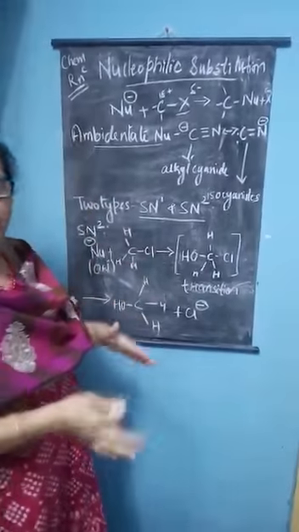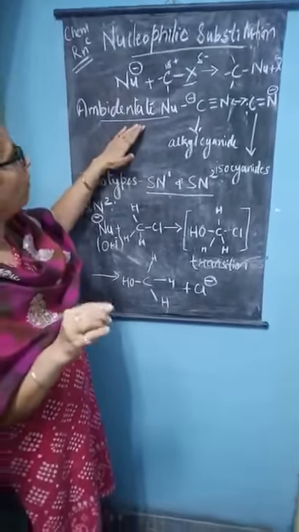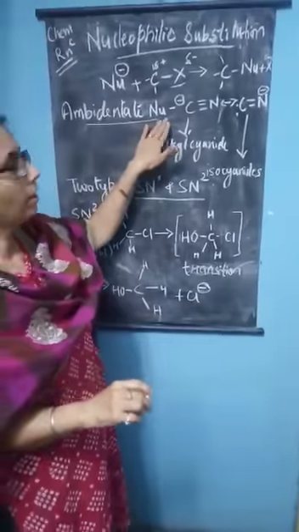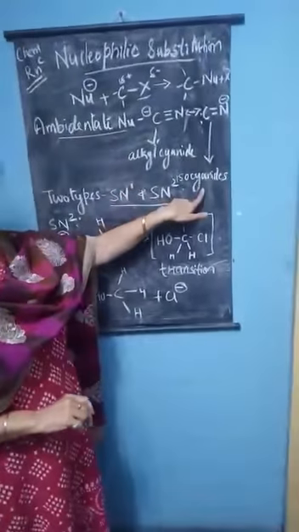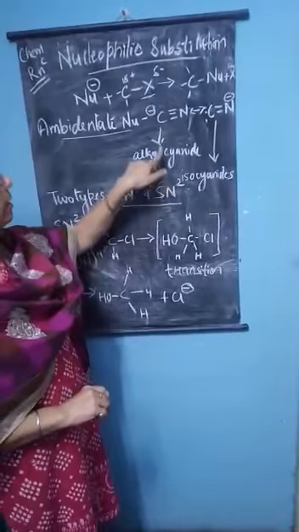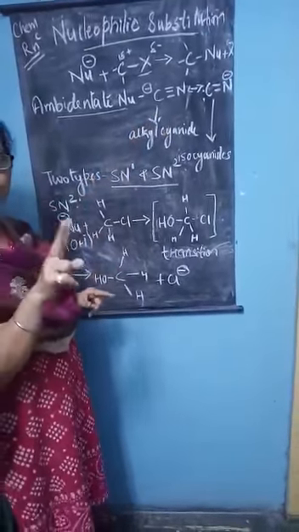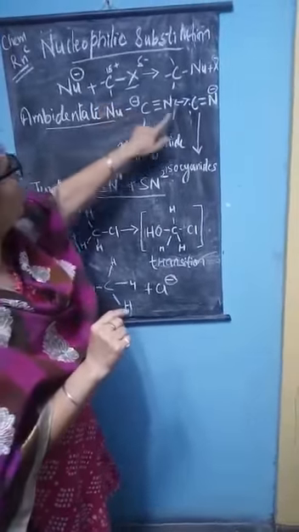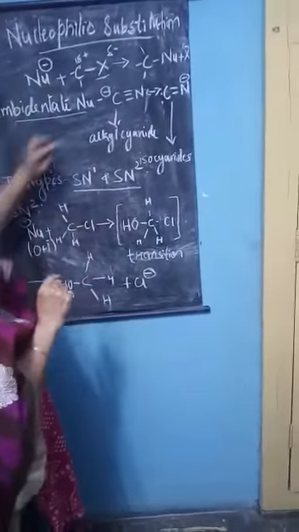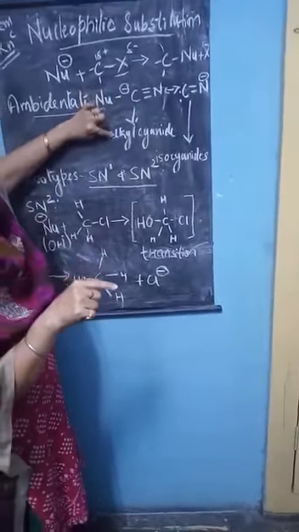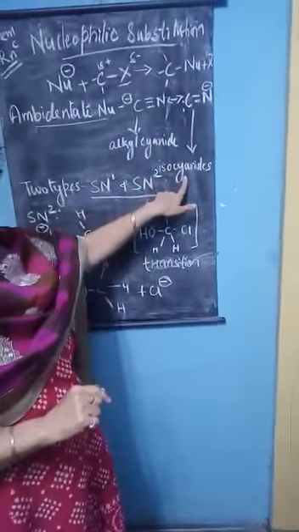You will find many types of nucleophile given in your NCERT book. But one more nucleophile that you will find here is the ambidentate nucleophile. Ambidentate means there are 2 examples: one is alkyl cyanide and another is isocyanide. In cyanide, there are 2 ends by which the attachment can take place. One compound, but the attachment place is 2: one is carbon and another is nitrogen. Similarly, in isocyanide you will find the same. When the attachment is from the carbon, you call it alkyl cyanide, and when the attachment is from the nitrogen, you call it isocyanide.